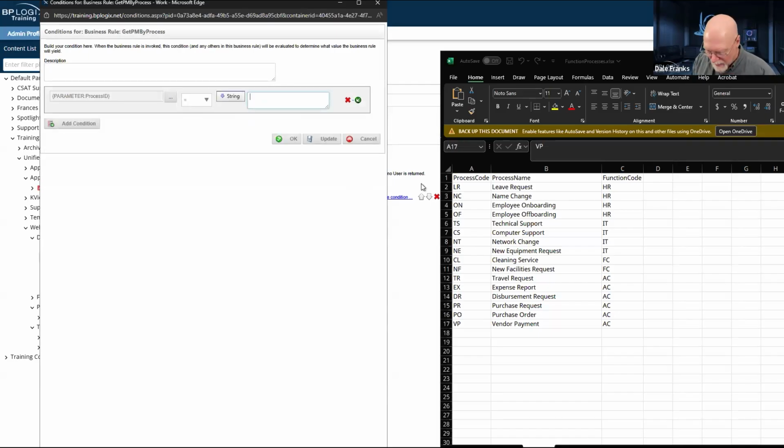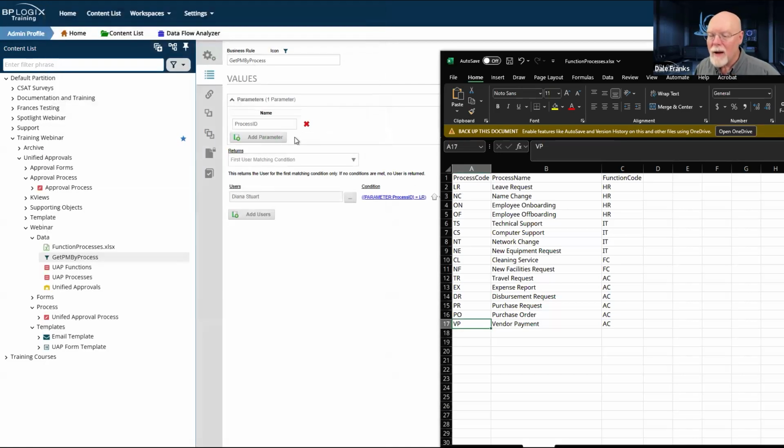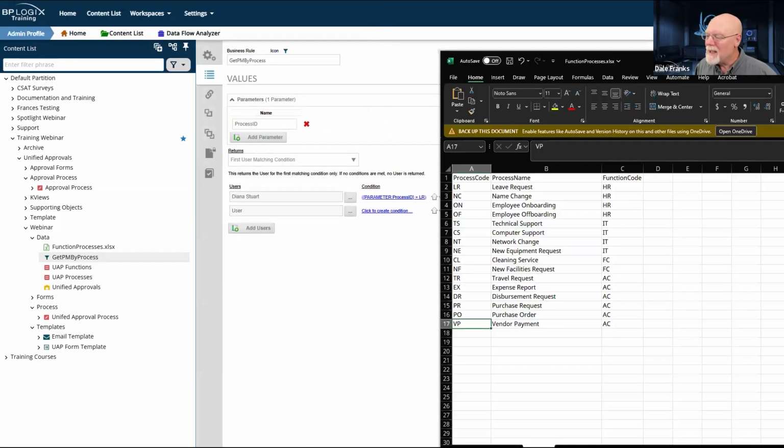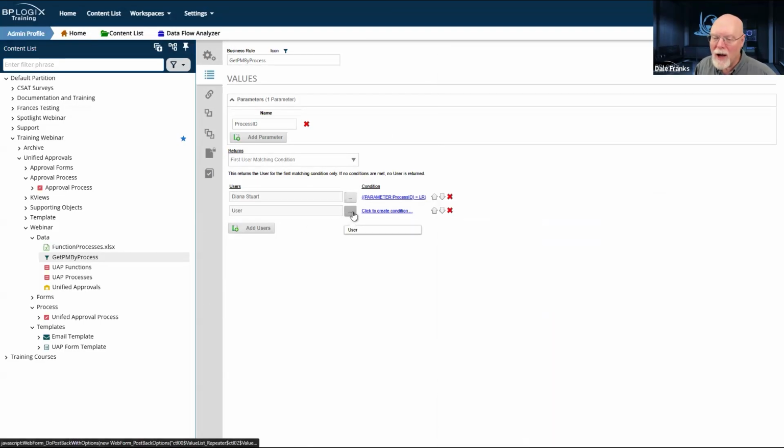So we'll say LR. So if it's a leave request, there it is. There's our parameter, process ID equals LR. So if this is a leave request, it's going to go to Diana Stewart. And we just have to repeat this 16 more times.